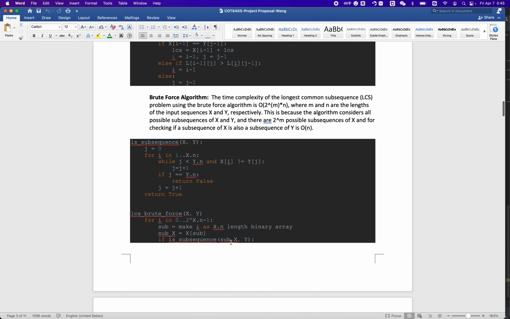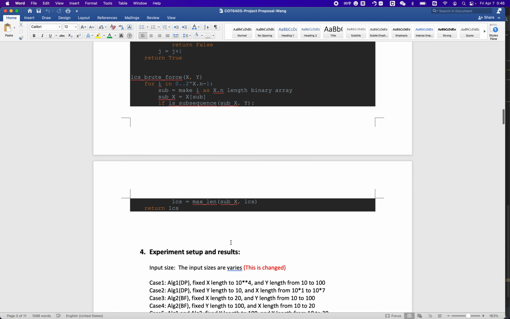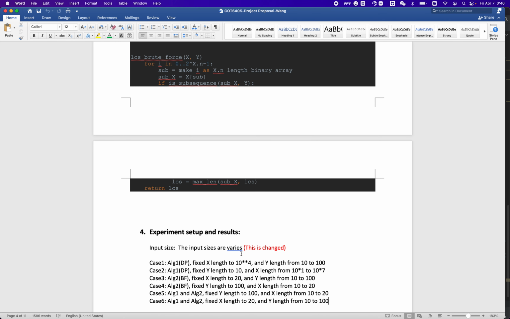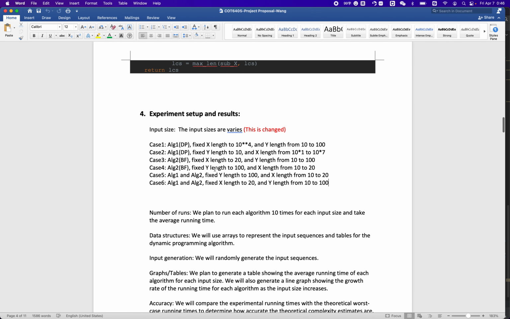Because the longest common subsequence has two inputs, sequence x and sequence y, I would like to check how the length of x and the length of y impact the running time. So I set up 6 running cases. The first 2 cases are about checking the impact of the length of x and y